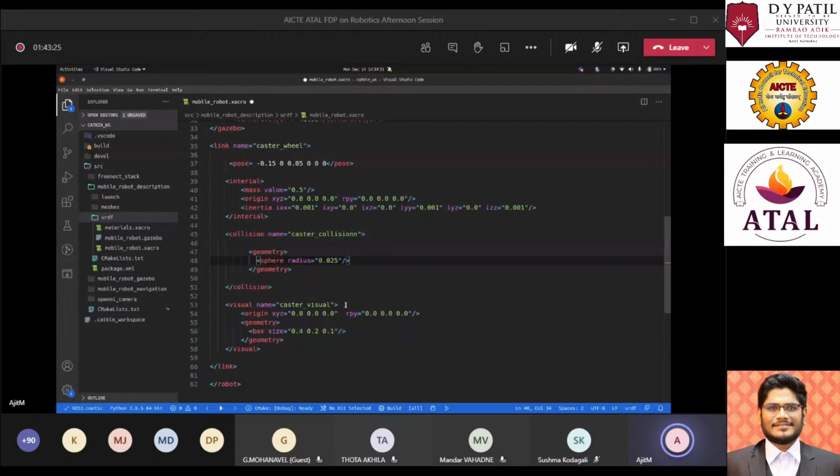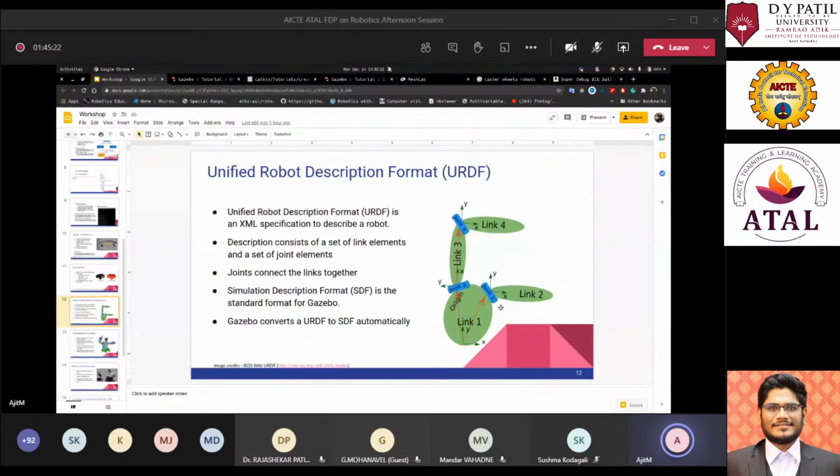And inside the joint tag, we need to define what is the parent of that joint and what is the child of that joint. So going back to our PPT, here we have defined link 1, we have defined link 2, and here we are defining this joint. Now this link 1 is a parent link and link 2 is the child link. So this child link will attach to the parent link via joint 1. So if we go back in the code,